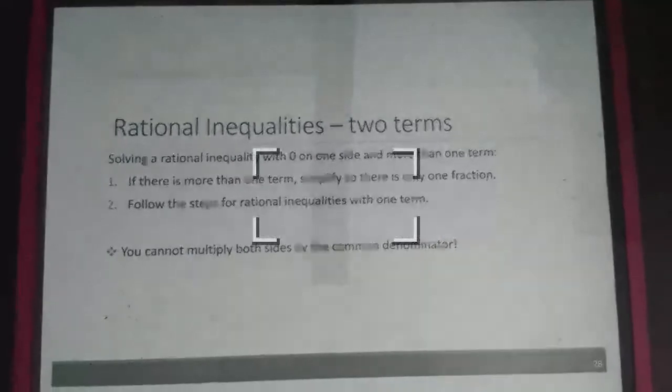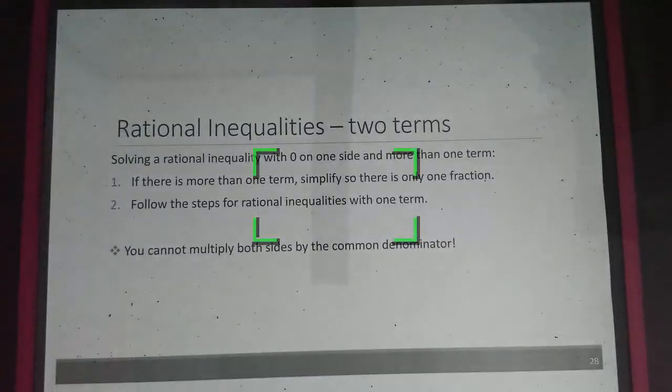Next up, we're going to start looking at rational inequalities that have two terms. So if there's more than one term, what we're going to do is put them together so that there is only one term. So we're going to combine our fractions,